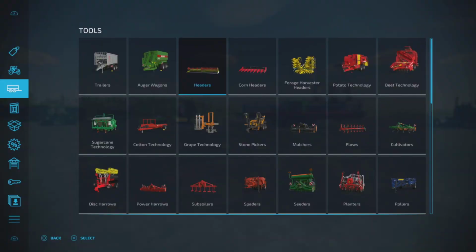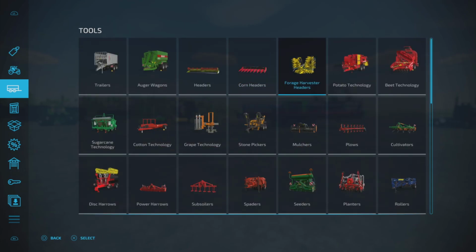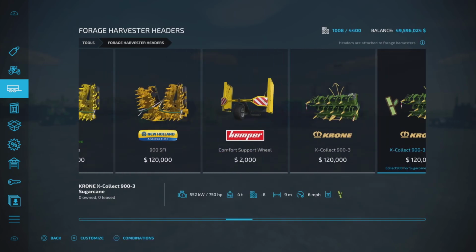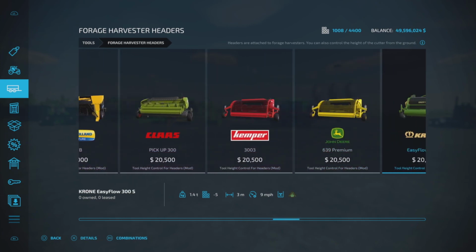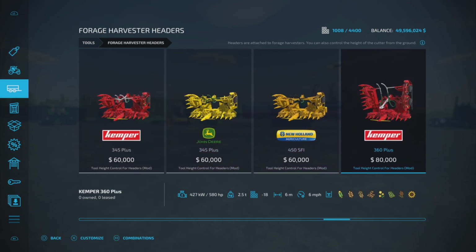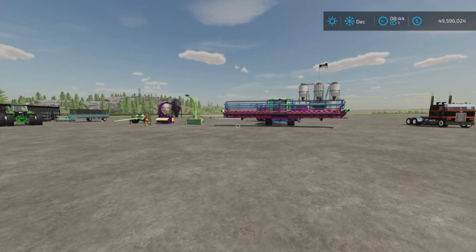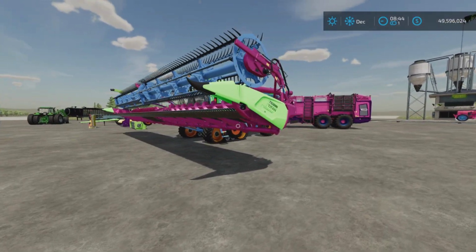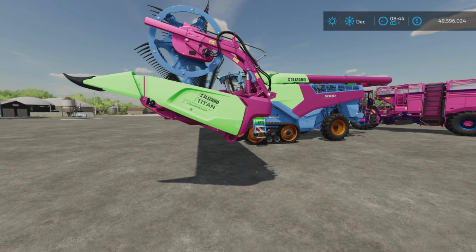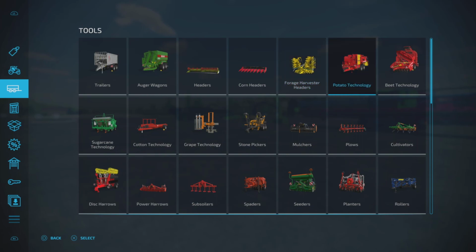And it's not only harvester headers, but corn headers, tool height control corn headers, forage harvester headers, here we go, all of them. Everything under the tool height forage harvester headers is here. So that will also allow you to actually adjust the height manually. However, it will allow you to, even in the raised position, harvest grain or whatever it is you're harvesting at full speed. And that also includes the